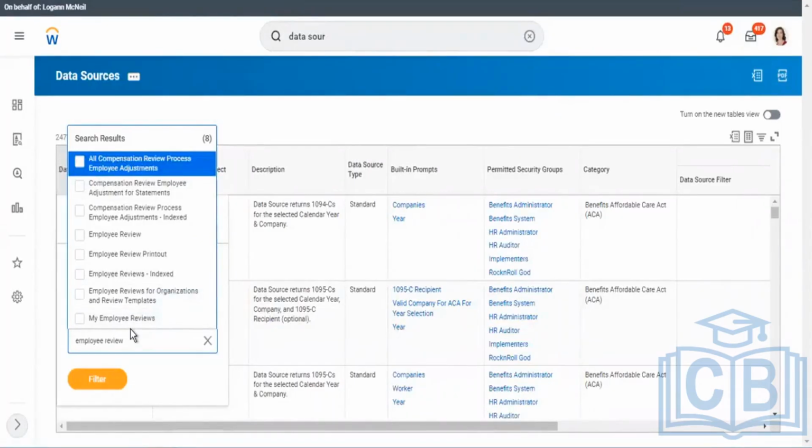If compensation has to be associated with those reviews, you go with the all compensation review process source, where you can also get the bonus amount associated with the rating that you'll be getting. And a compensation review statement, where the annual review process is held in the adjustment business object. This is the source that you'll be using for any kind of annual compensation statements.